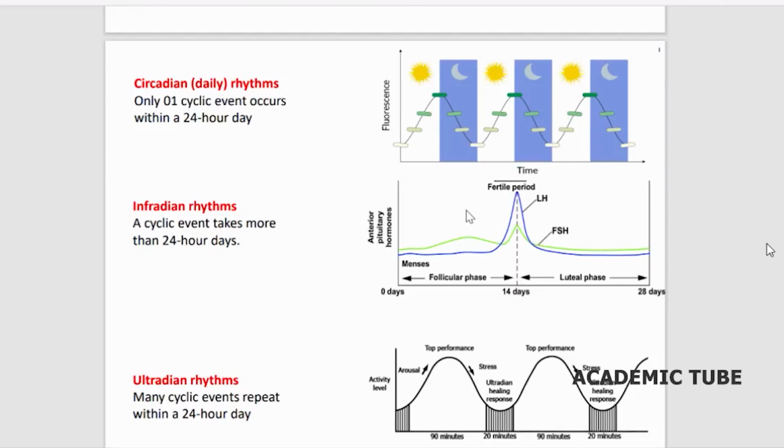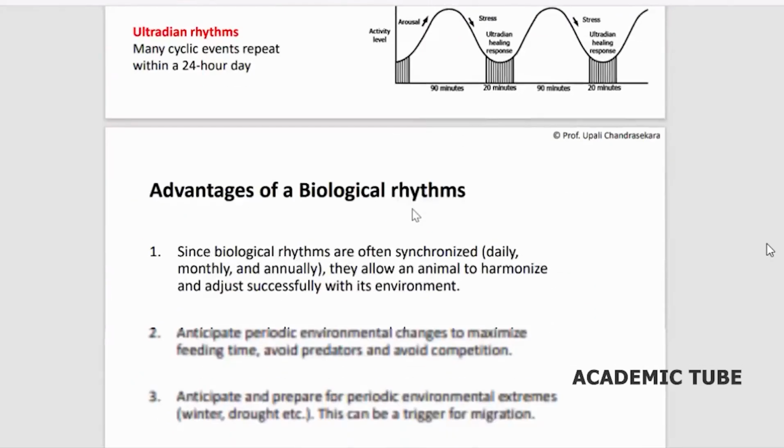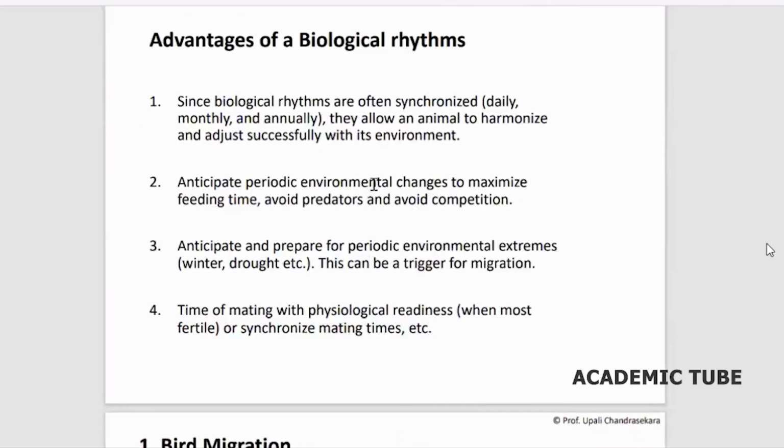Now, what is the importance? What are the advantages of biological rhythms? Let's learn about this. You see, biological rhythms are very often synchronized with daylight patterns, or monthly patterns, or annual patterns. Therefore, these rhythms allow an animal to harmonize and adjust successfully